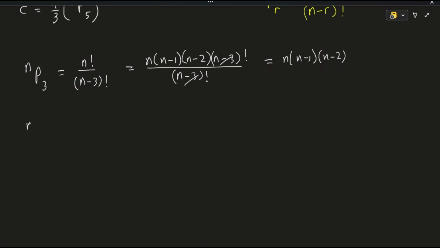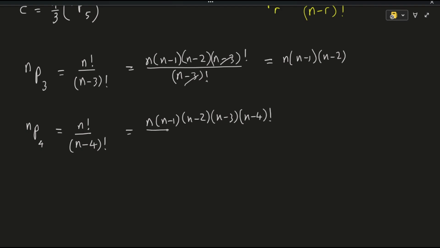Our second term is giving us n permutation 4, and that can also be expressed as n factorial over n minus 4 factorial, which if we simplify, we're going to get n, n minus 1, n minus 2, n minus 3, n minus 4 factorial over n minus 4 factorial. So this will cancel this, and we're going to get